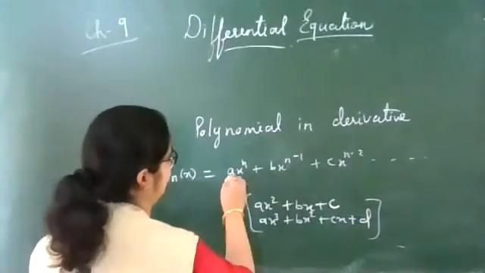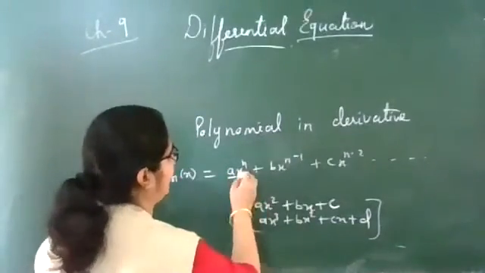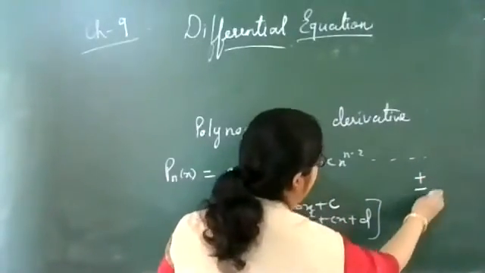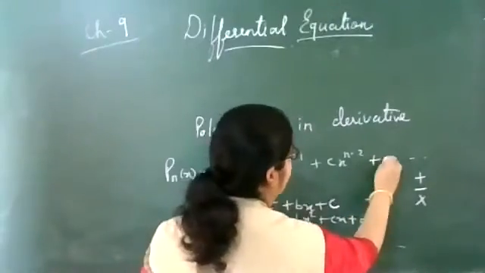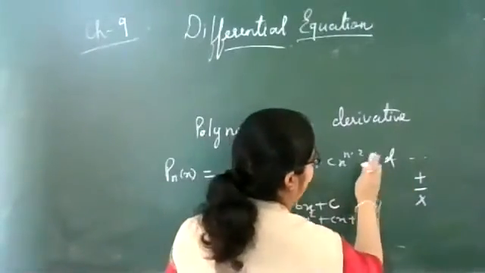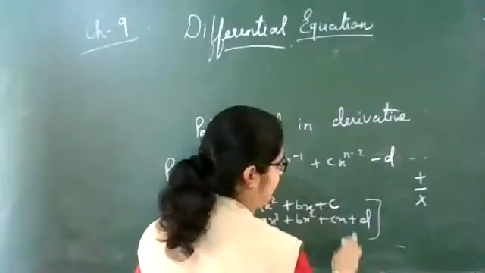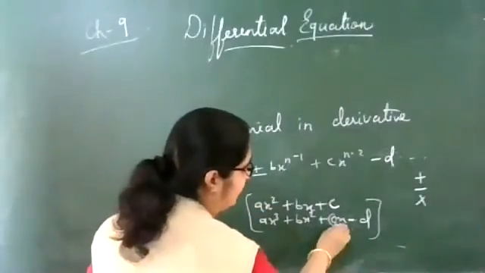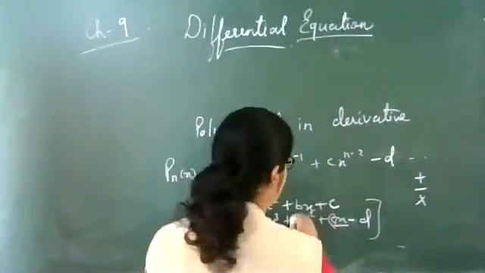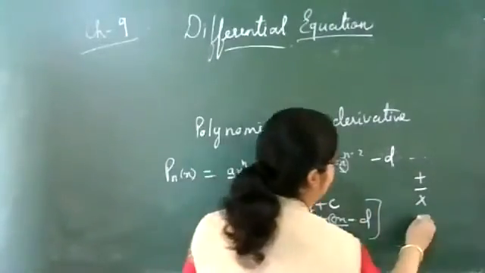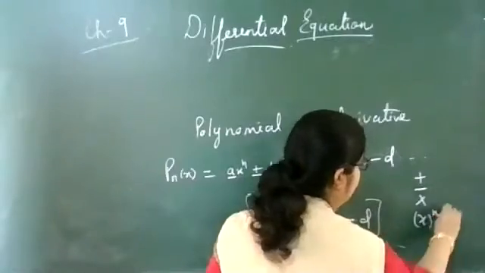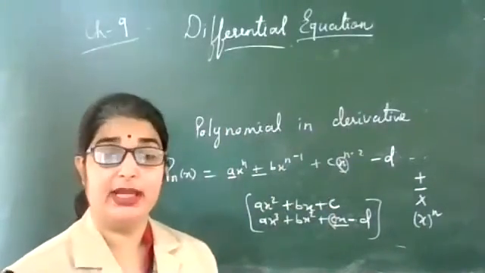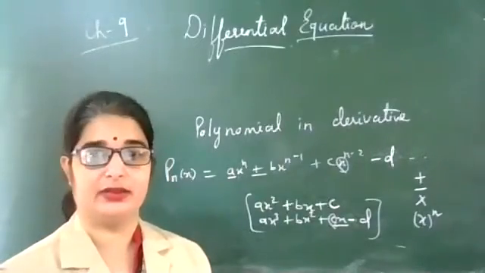Now what you can see here is a constant is multiplied, it can be added, we can subtract it, we can multiply a constant, we can write plus d also. If minus d is there, then also it will be a constant. Now constant is multiplied also with it, and this equation can have any power, like x can have any positive integral power. Do you remember or not? N should be a positive integer.